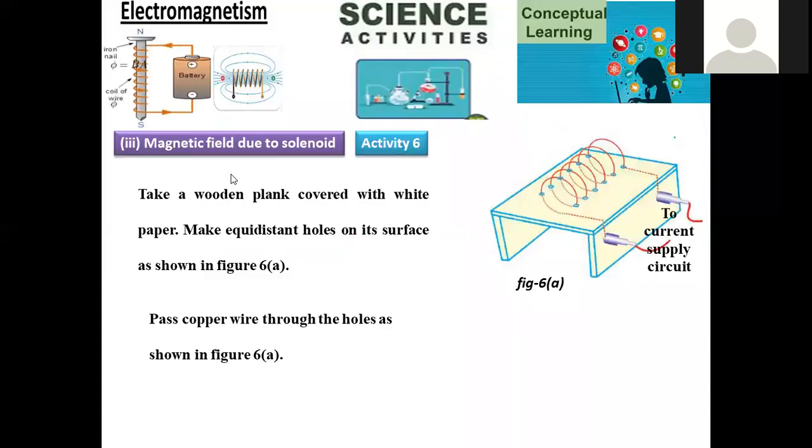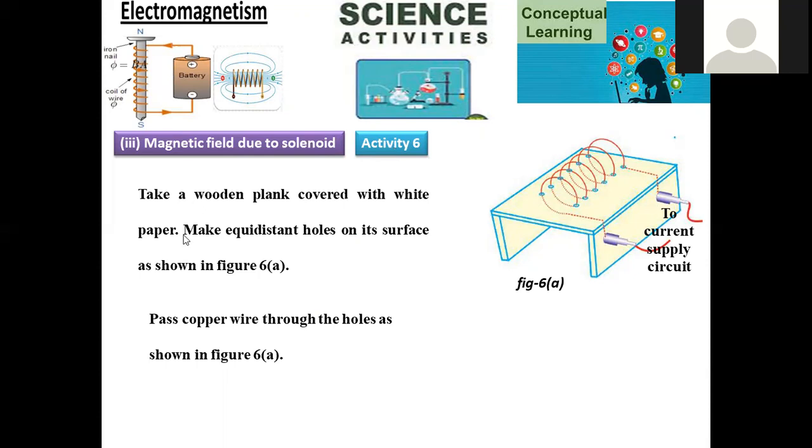Magnetic field due to the solenoid. Solenoid denotes what? Here, a wire of electrical conducting material which can be made into a spiral. It looks like a spiral, and you may say helical structure, like how the DNA is observed in a twisted manner. In the similar case here, copper wire is taken in the helical structure. So that is denoted as a solenoid. By using this solenoid, we are going to measure the magnetic field which is generated.